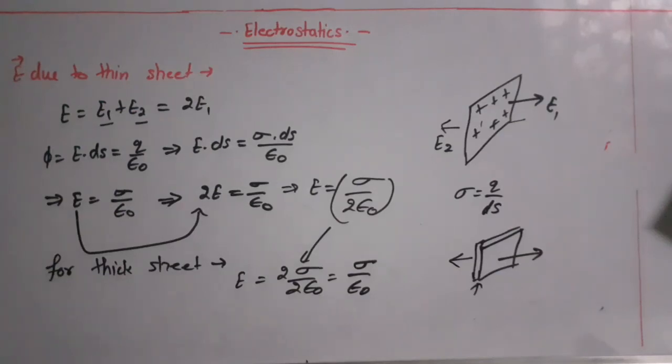Now you have to revise your notes properly. There are some topics we did not cover, like electric field lines, the difference between Gauss law and Coulomb's law, the difference between charge and mass, or the electric field in the region between these thin sheets. So you have to revise them from your notes because these topics are very easy.